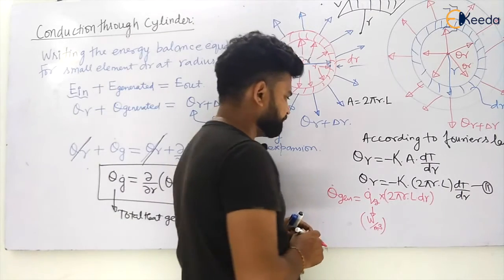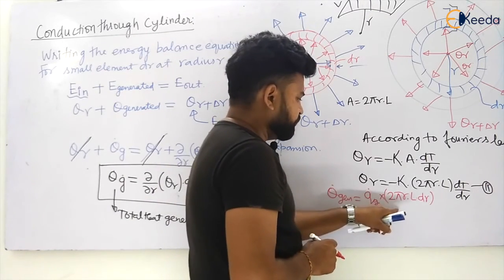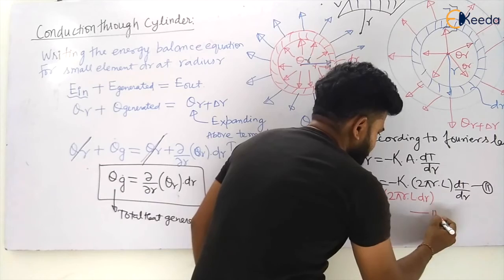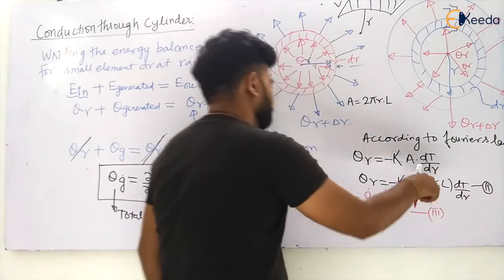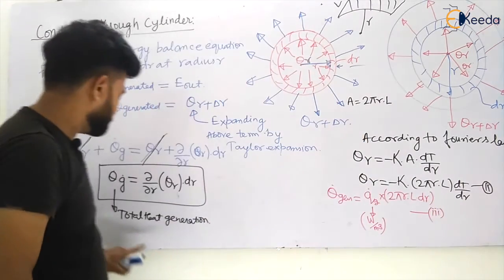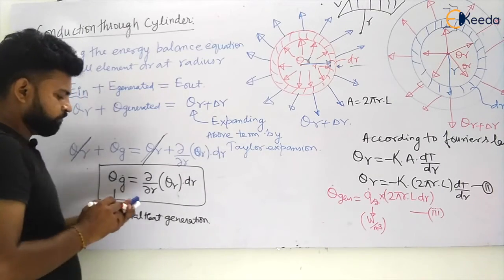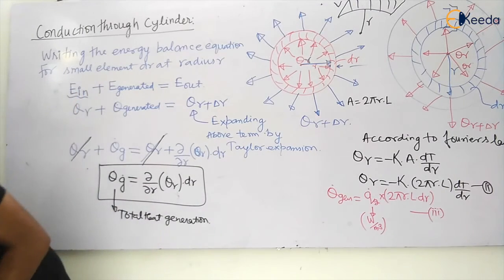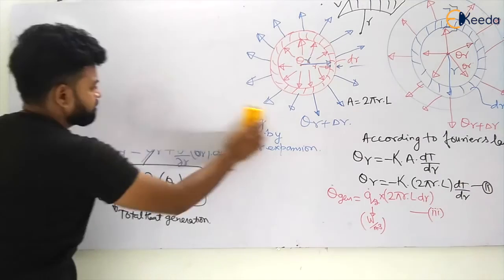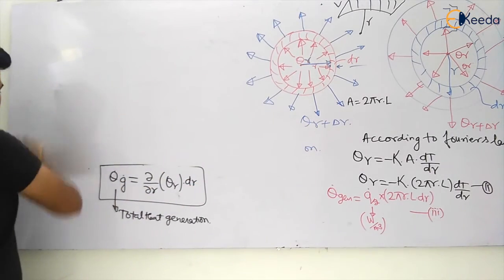Okay, now let us take this as equation number 3. So putting both values of 2 and 3 in this equation, my dear students, let us see what we will have.